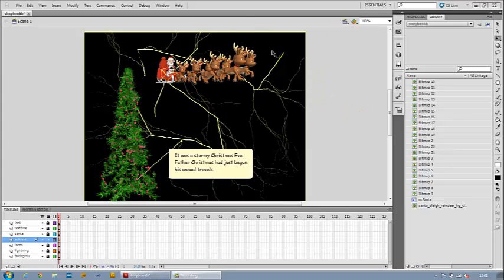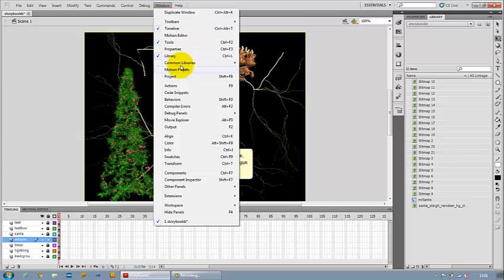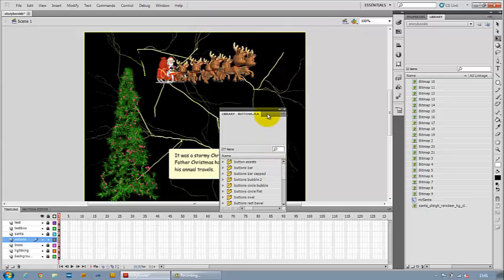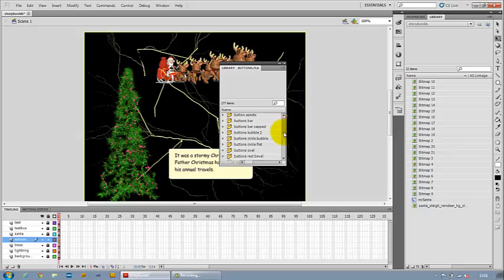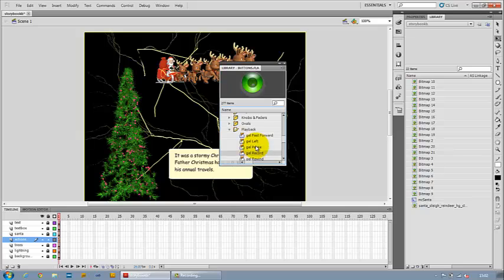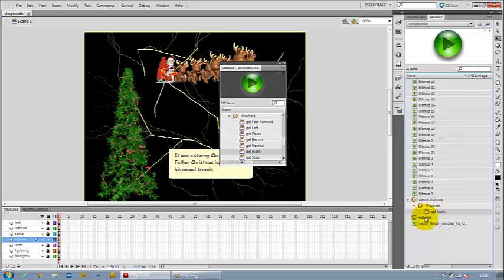So the first thing I'm going to do is go to Window, Common Libraries, Buttons, and I'm going to select the ready-made button. There are hundreds of buttons to choose from. I'm going to go to the classic buttons, and then I'm going to select playback buttons, and if I just scroll down, this is the one I'm looking for, Gel Right. I'm going to drag that over to my library, and it's actually in this folder, my Gel Right button. Notice the symbol for a button